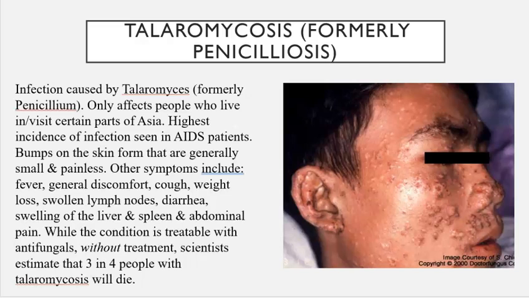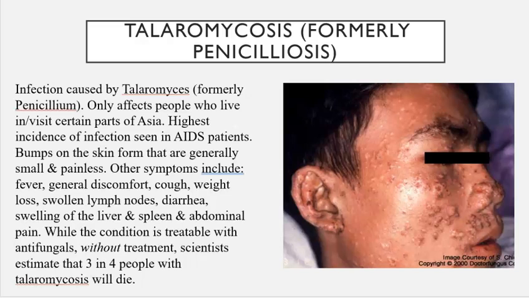Tularemycosis. It only affects people who live in or visit certain parts of Asia. The highest incidence is an infection seen in patients with AIDS. It causes bumps on the skin that are generally small and painless. Other symptoms include fever, general discomfort, cough, weight loss, swollen lymph nodes, diarrhea, swelling of the liver, spleen, and abdominal